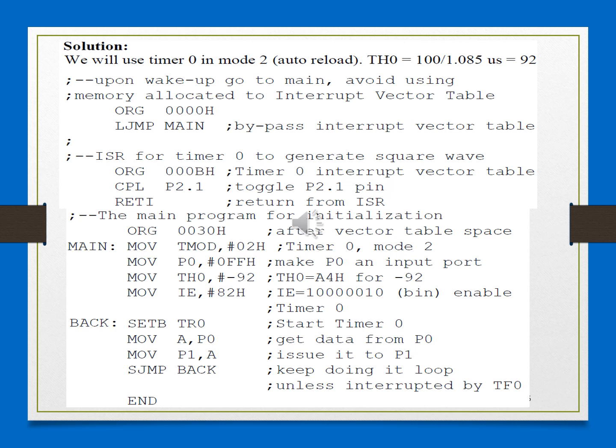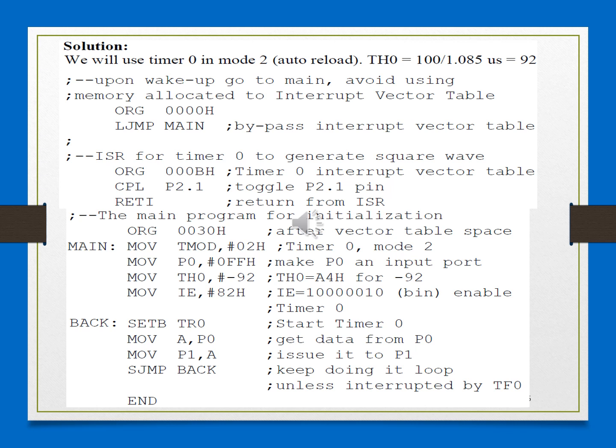Let's see the next instruction. You are loading FF into the P0 register. Why is that so? Because P0 is considered as an input port here. First you have to configure it as an input port, so you are making all pins of port 0 high by sending FFH.